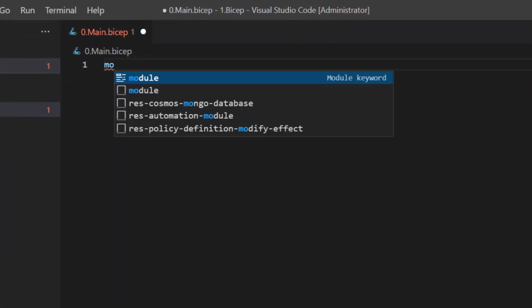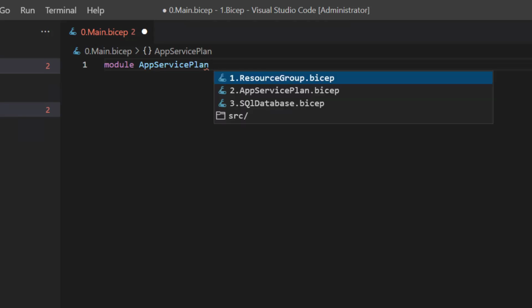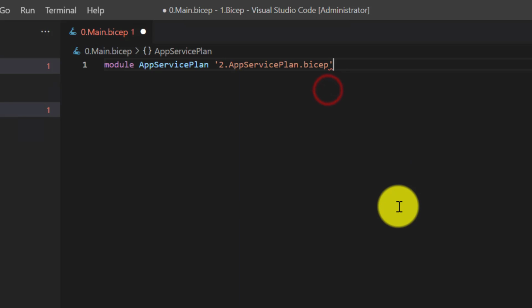Start with module, provide a symbolic name, and then specify the module path. So this is the file name of the app service plan module, and then